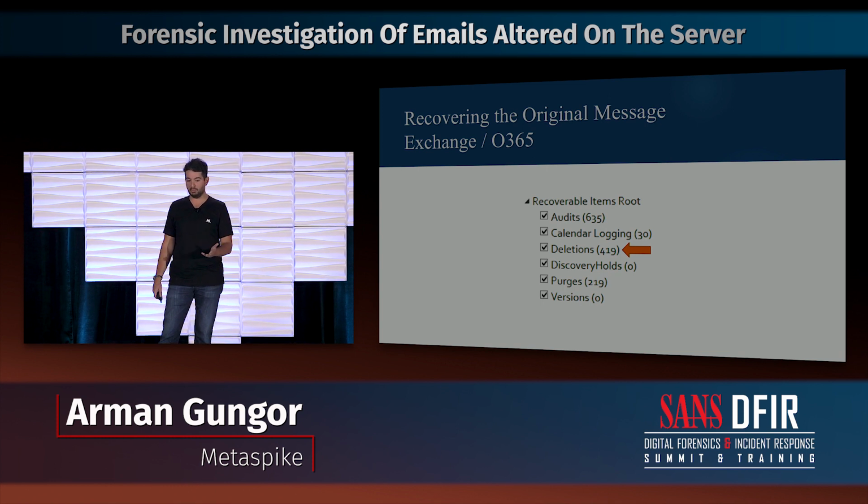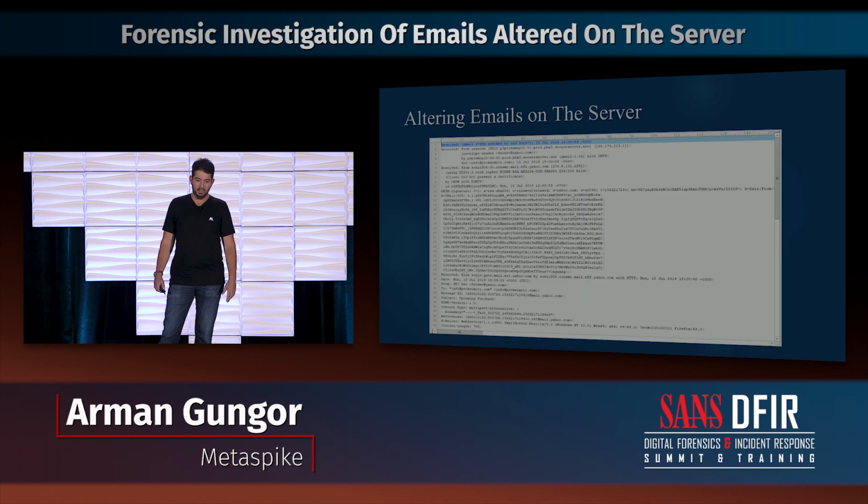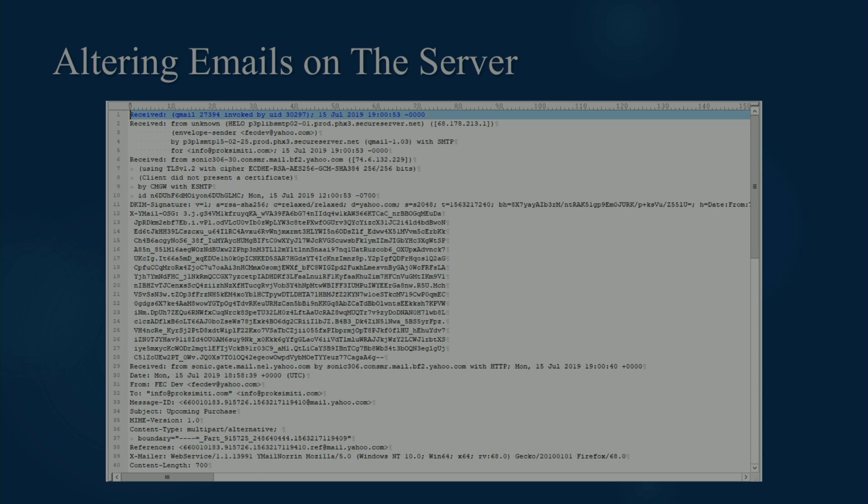You wouldn't get the recoverable items folder through regular email clients like Outlook or connecting through IMAP, but you would access it through an API like the Exchange Web Services API. And there's good reason to include that in your standard Exchange preservation workflow for getting deletions, discovery holds, and things like that. So in this case, I changed just a little bit of the message body, but